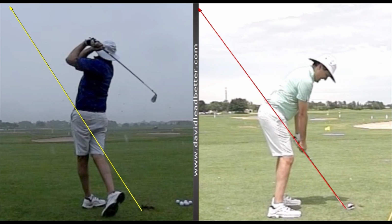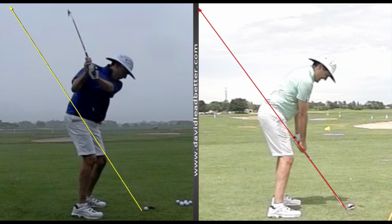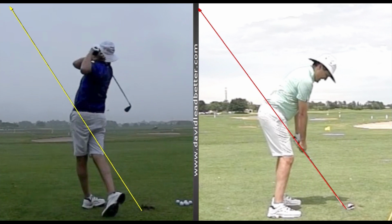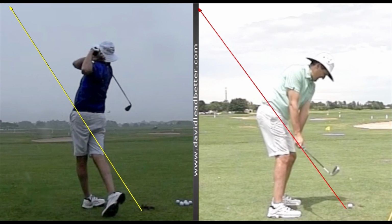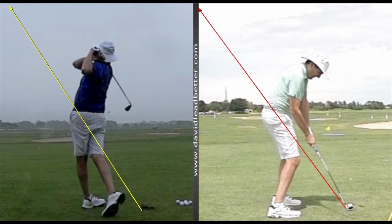So just one last look here, and in this different player really from the left, the initial swing, to the swing on the right. So I hope everyone learned a little bit, saw some of the features that the A-swing